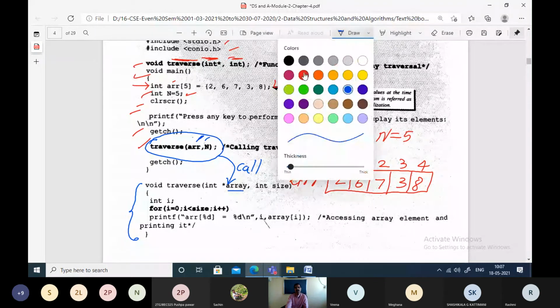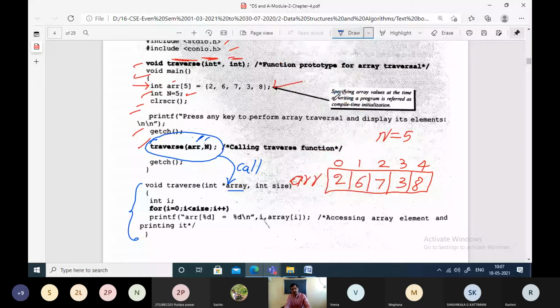Both are same, don't get confused. It is just for our explanation purpose, it is assumed as the array only, no change in that.